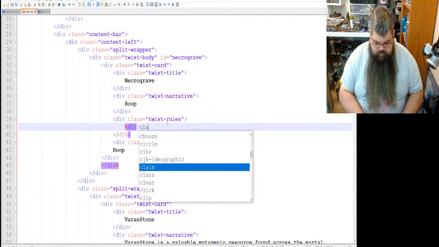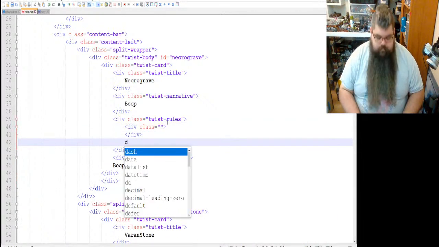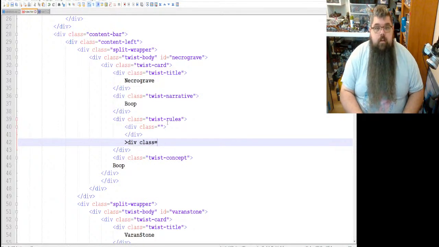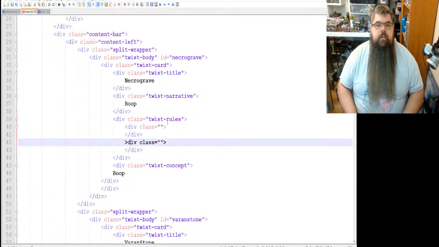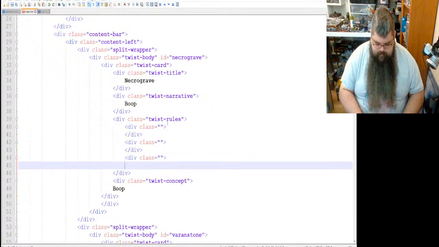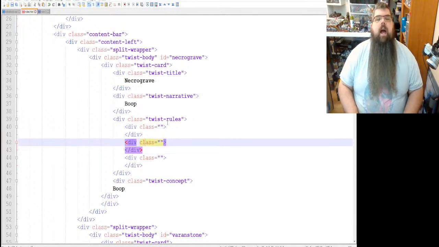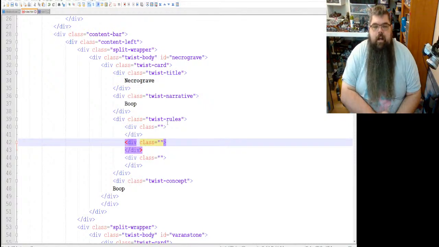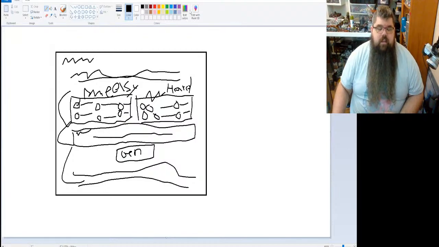And we're just going to be like div class equals blank blank, div class equals blank blank, and div. Okay, so let's see, that's, oh god, I can't count. That's 2 boxes. All right, there we go. Now if only I could spell, we'd be good, right? I got counting down. Now I need to learn spelling. All right, so we've got 3 boxes there. These are going to be these 3 boxes here.